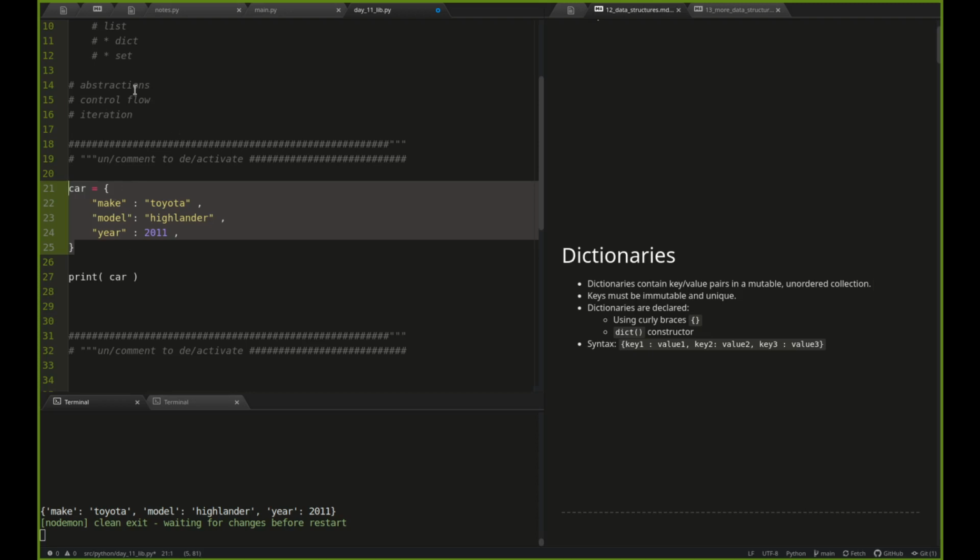If you know about how your computer's memory works, how things are assigned and allocated in your computer's RAM, you can think about how a stack structure would allocate this information. Well, Python starts at the top of a document and goes down. Well, it's going to allocate make before it allocates model, before it allocates year. So it's very likely